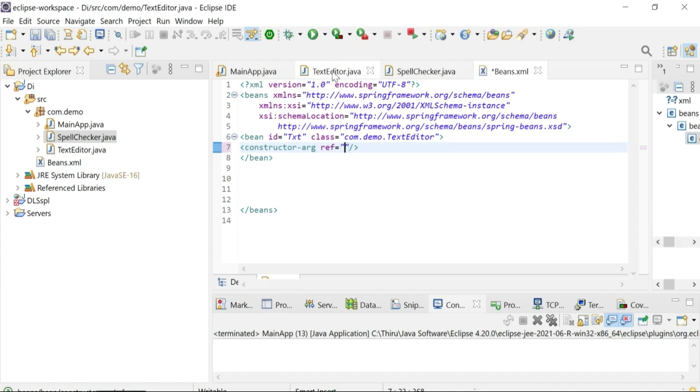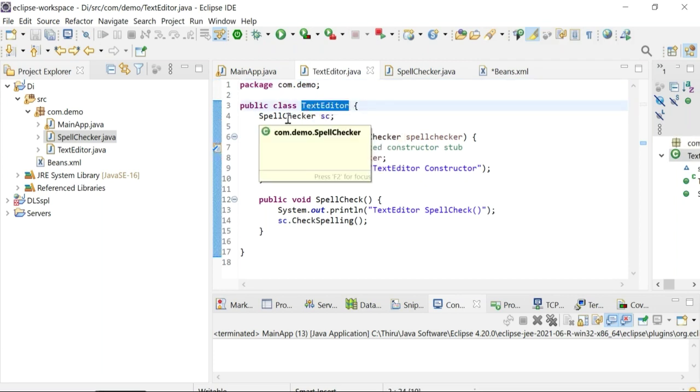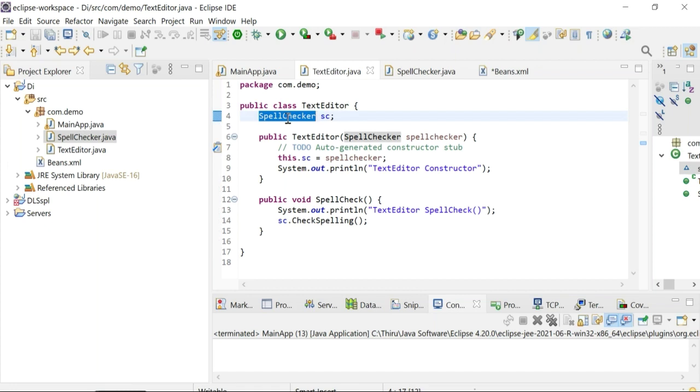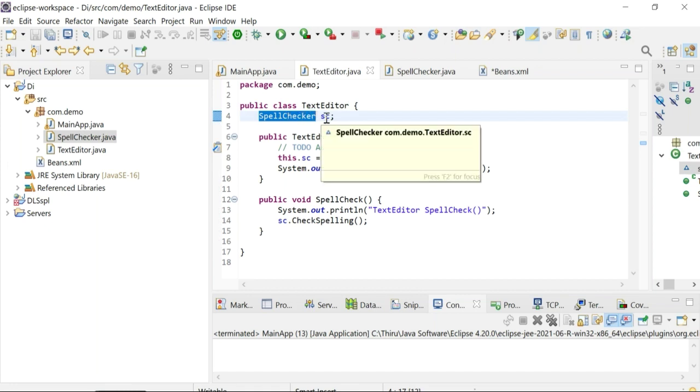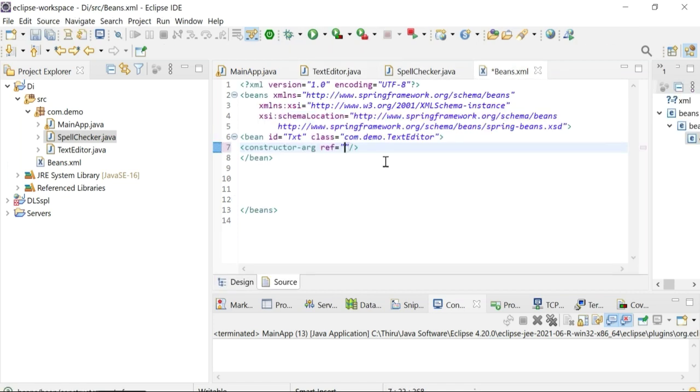So go to TextEditor. Here you can see the TextEditor class. Here you do have one spell checker reference object, sc, right? So we need to give this in the beans.xml.